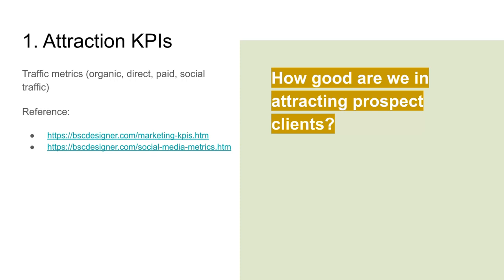So again, if you're doing it online, then most likely 90% of your KPIs will be related to traffic: organic traffic, direct traffic, paid traffic, social traffic, these things. So I will not discuss the details right now, but I will give you two reference links. One is to the marketing KPIs and marketing scorecard article, and another is more related to measuring social media